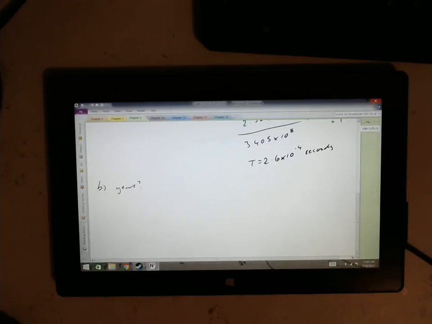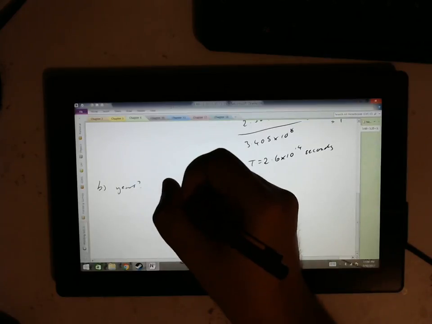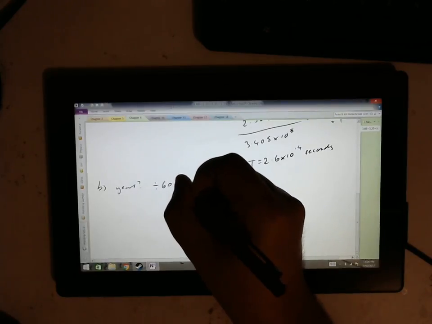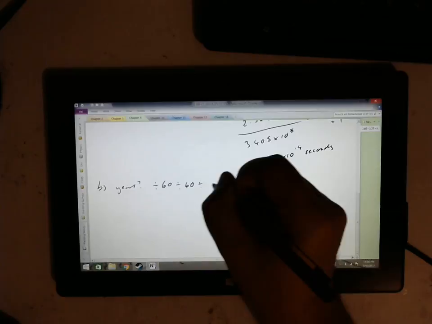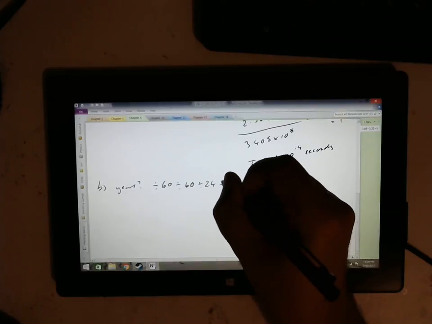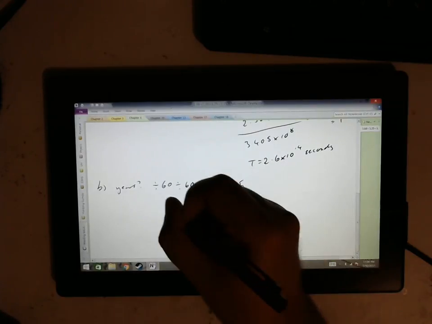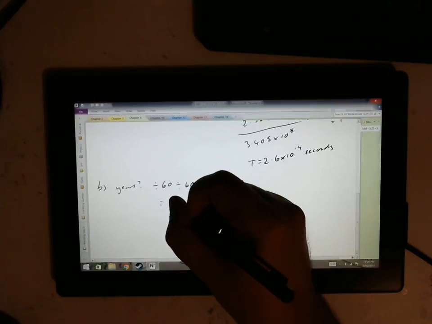I don't think they mean Uranus years, because the period of Uranus in Uranus years would be 1, because that's a period. Divided by 365 gives us a number of, so if we divide by 60, divide by 60, divide by 24, divide by 365 equals